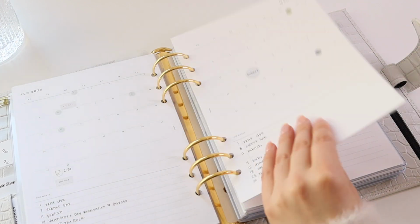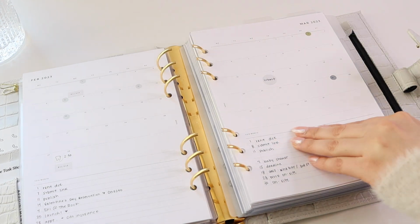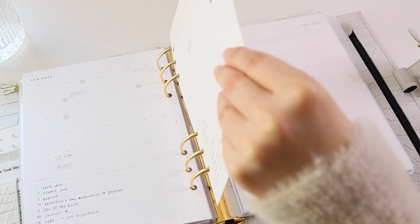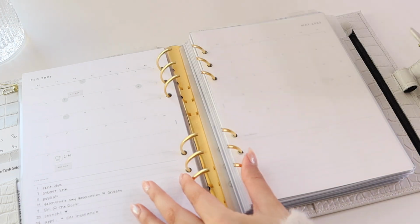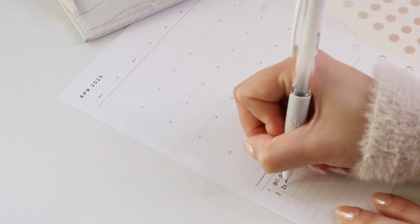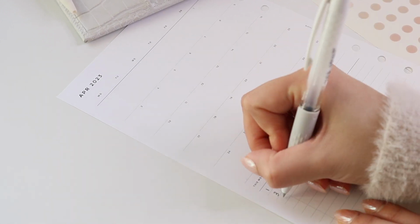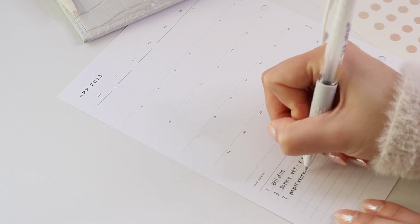For whatever reason, I just love writing things down on sticky notes and notepads. I find it to be a more tentative way to plan, and things change and move around all the time, so I really like that system. So starting with my monthly overview, I'm just putting in some monthly important dates that I'll need to reference,